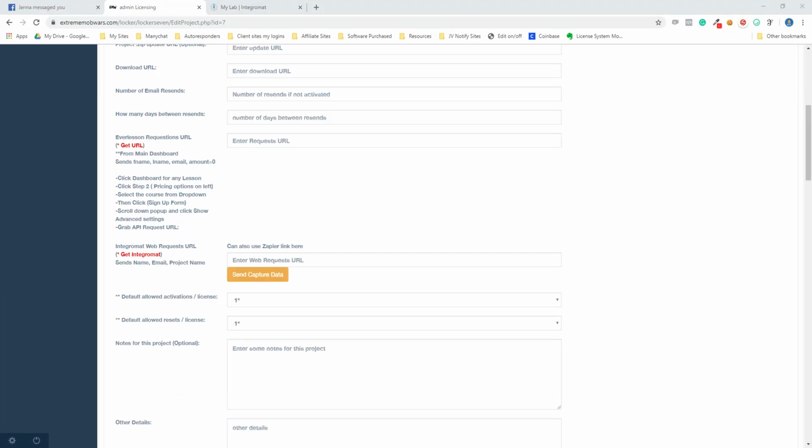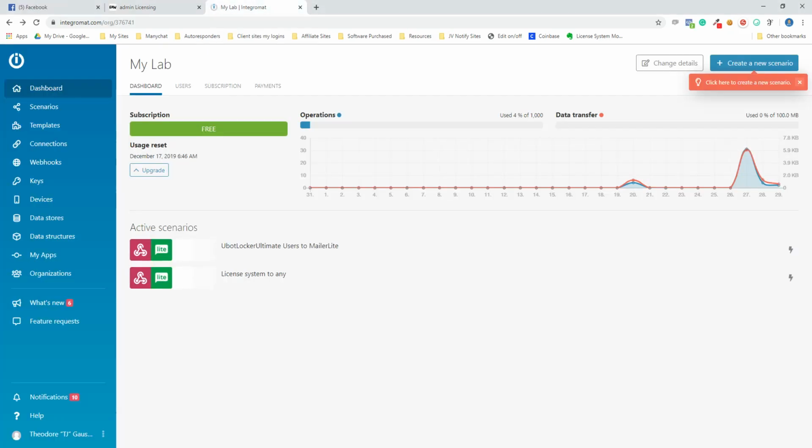And as of today, I've added a send capture data right here on the edit screen as well, in case you decide to add Integromat after the fact. They request that you send the data that it's going to be capturing. So what I'm going to do is go over to Integromat here, and after I first log in, you can see I've just got a free account. I haven't sent very many